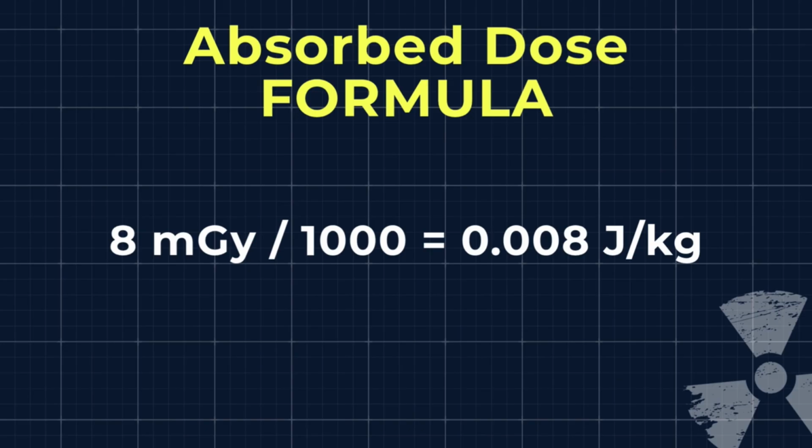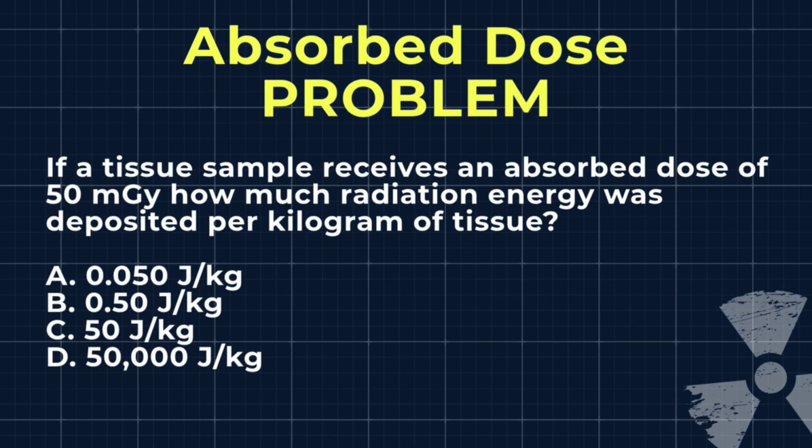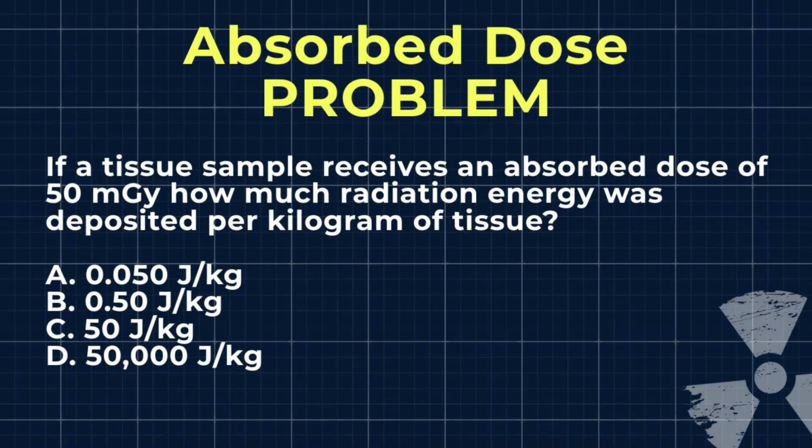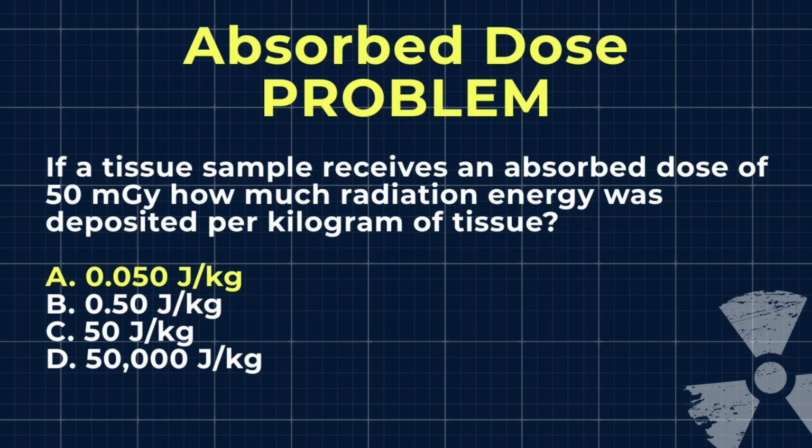So here's a question to consider. If a tissue sample receives an absorbed dose of 50 milligrays, how much radiation energy was deposited per kilogram of tissue? Well, if we use our conversion chart and divide 50 milligrays by 1000, the answer would be A, 0.05